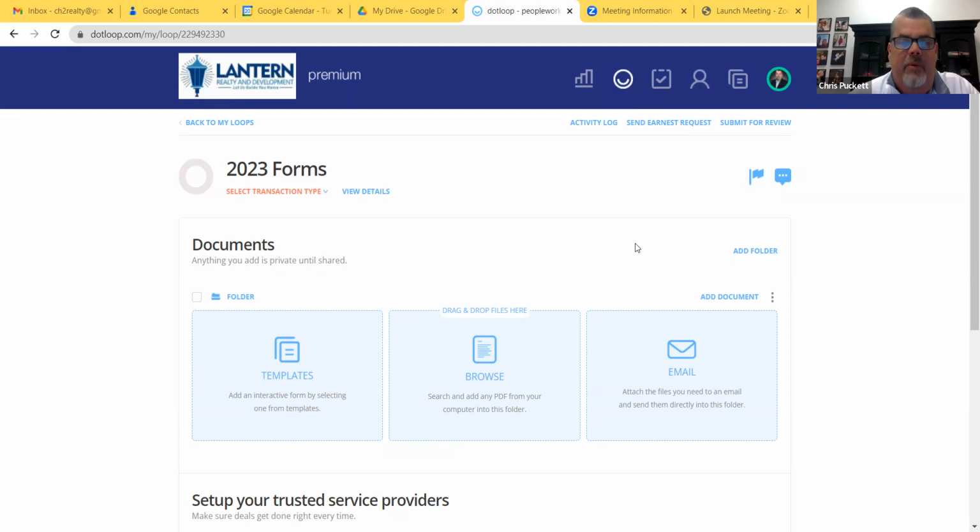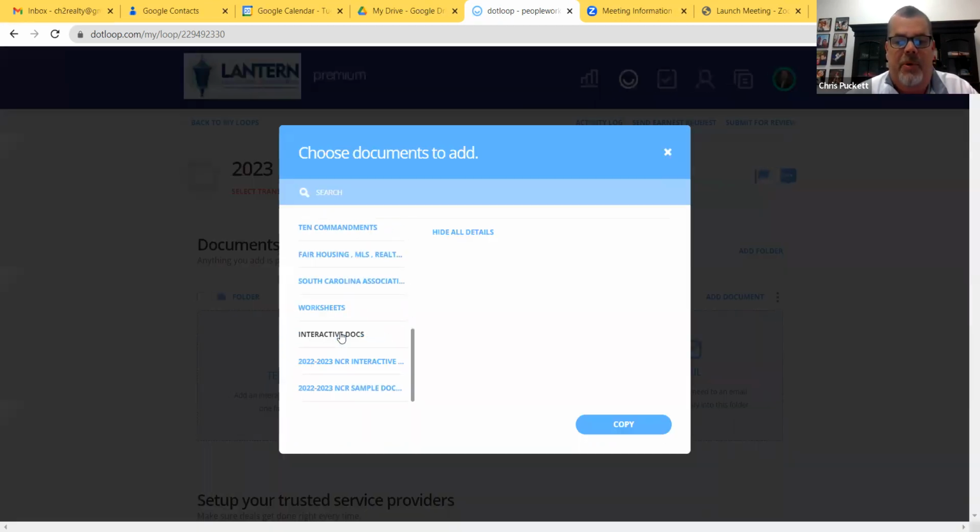Hello, everyone. Today we're going to cover the mineral oil and gas rights disclosure. We're in .loop, and I'm going to show you some very basic steps on .loop to find your forms. First thing I'm going to do is go to templates. I'm going to scroll down and go to